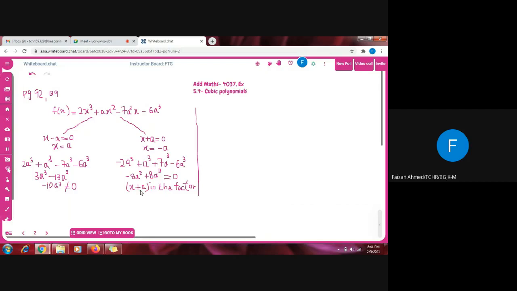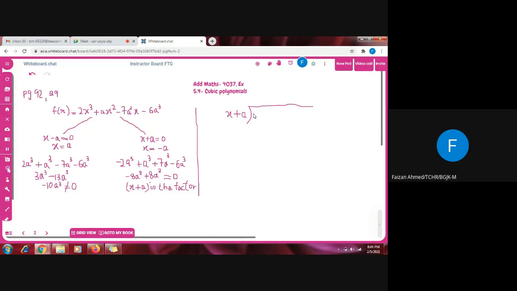I know that x plus a is a factor of this polynomial, and I have to find the remaining factors. Since I have to solve it, before solving I have to factorize it. So I told you in the previous video that if I have a factor and I have to find the remaining factors, I use synthetic division because I find that method easy, and I will be using the same synthetic division or the long division method, you can say.